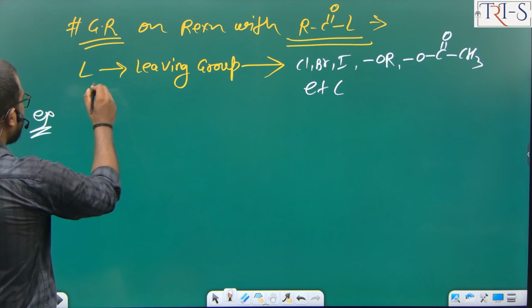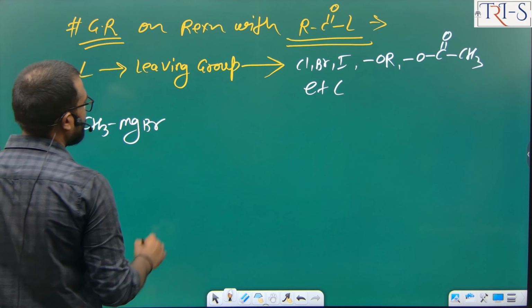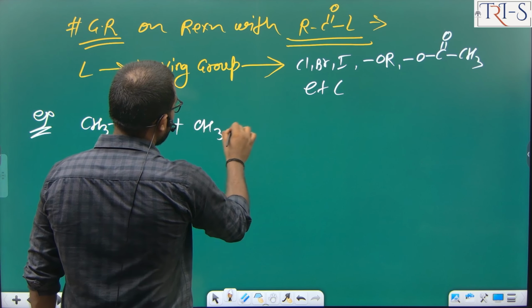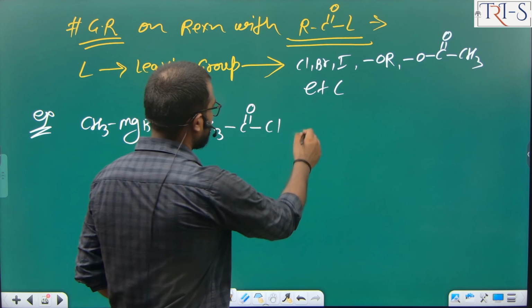For example, if we take CH3MgBr on reaction with CH3COCl, then it will give